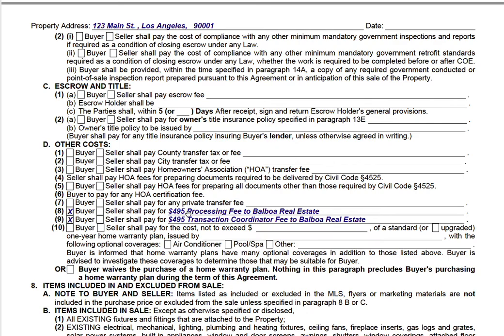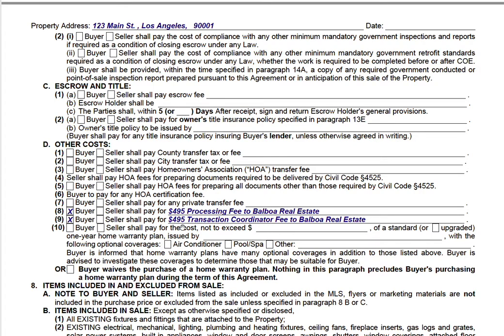Make it $500, now there's a break even. You keep the entire commission. Let's say it's 2.5%, you literally get the entire 2.5%. Now, let's say you just want to pass on the cost of a transaction coordinator. And quite frankly, this $495, I probably should have put at the end of this line, but it doesn't really